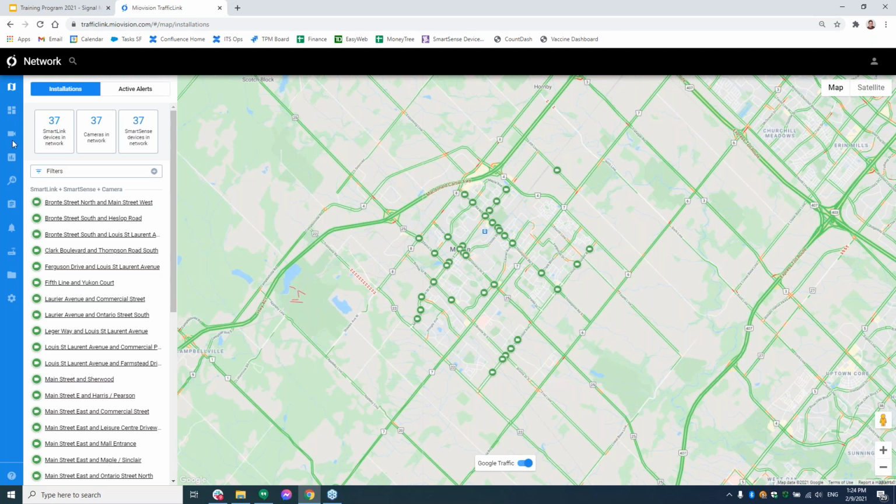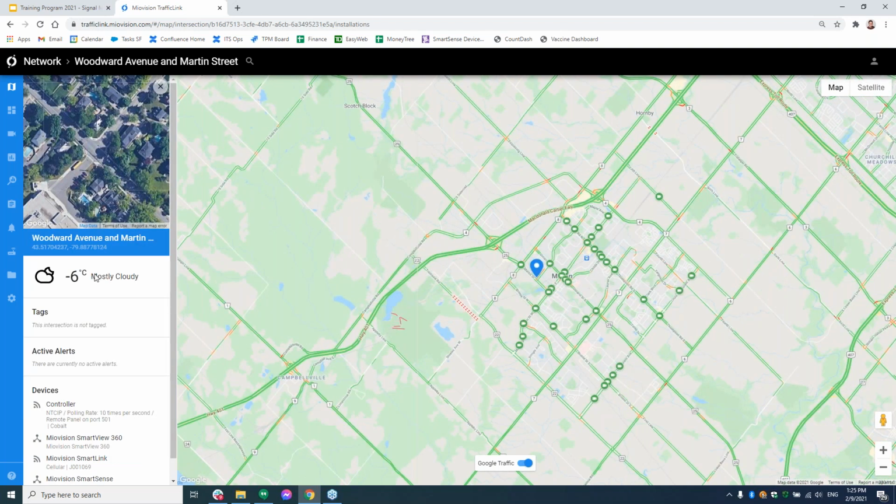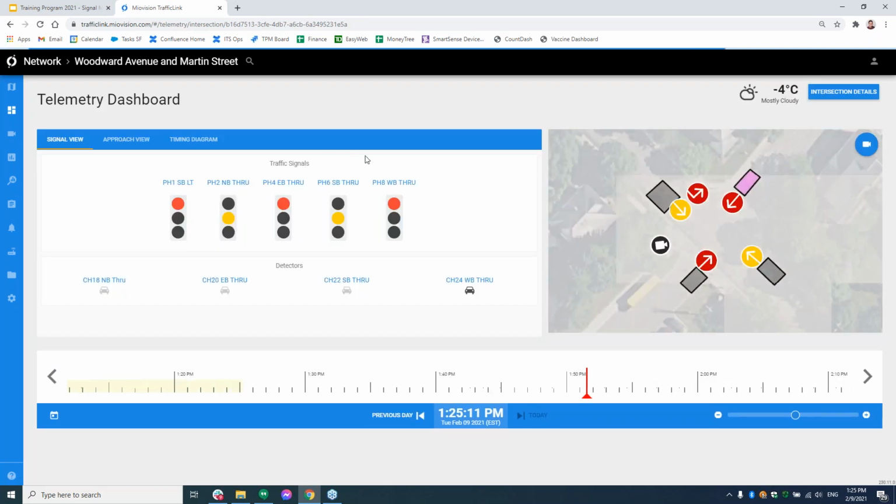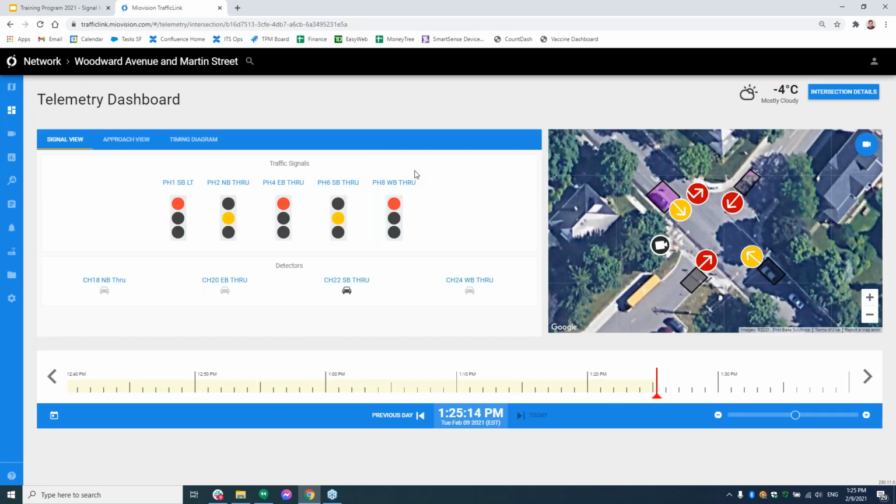Again, they were just recently released, so if you're not familiar with them in your account, I would suggest you go check it out and see what you can find there. So let me click on an intersection, and we'll go back to the map view, because I covered that really quickly and I want to make sure I hit on it again.